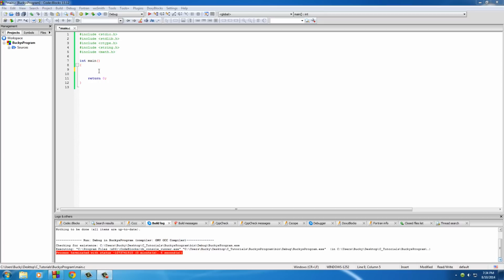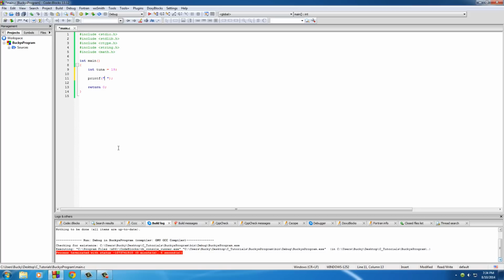So the first thing we need to do is create any old variable, make it an int variable, and set it equal to anything you want. I'm going to call mine tuna, and set it equal to 19. The first thing I'm going to display is how and where your computer actually stores this variable in its memory. So use printf,